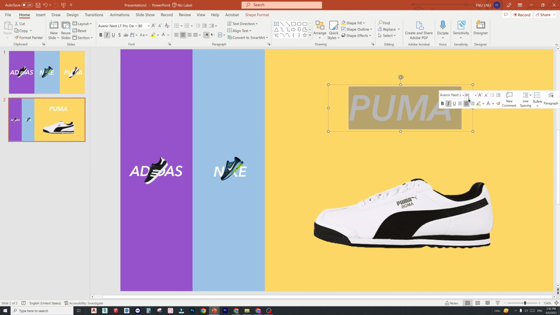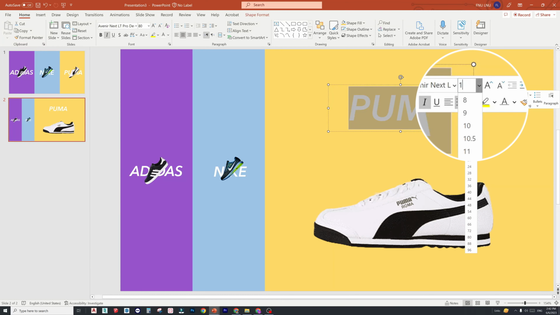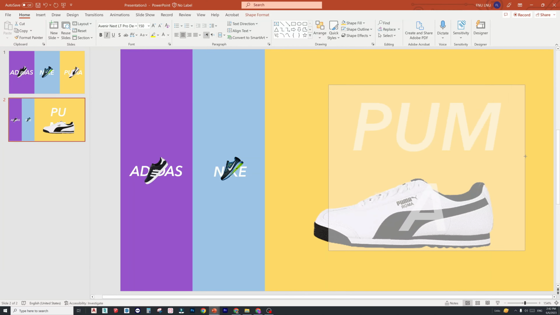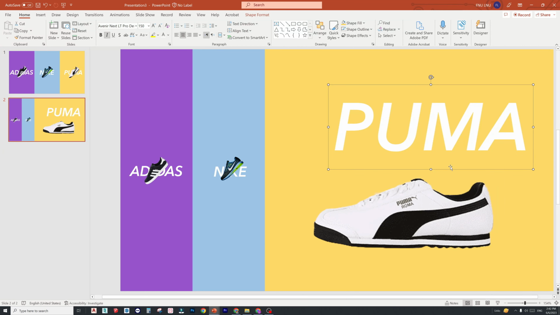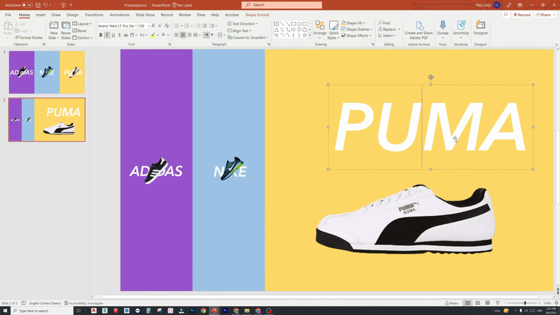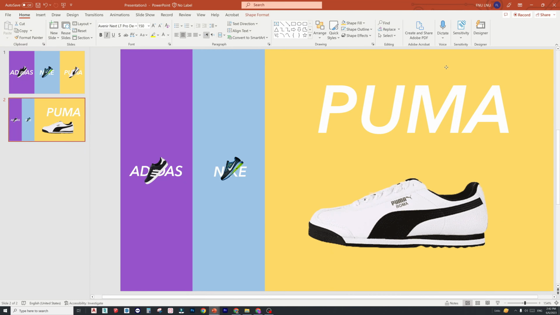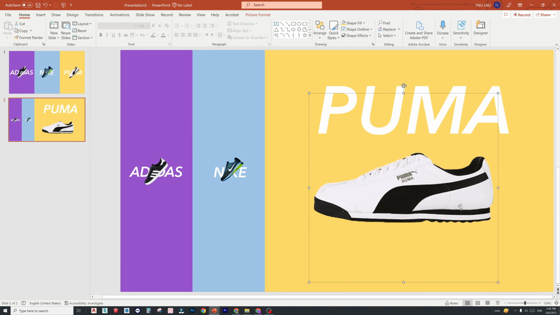Now select the text and increase its size to about 150. Bring it to the top.